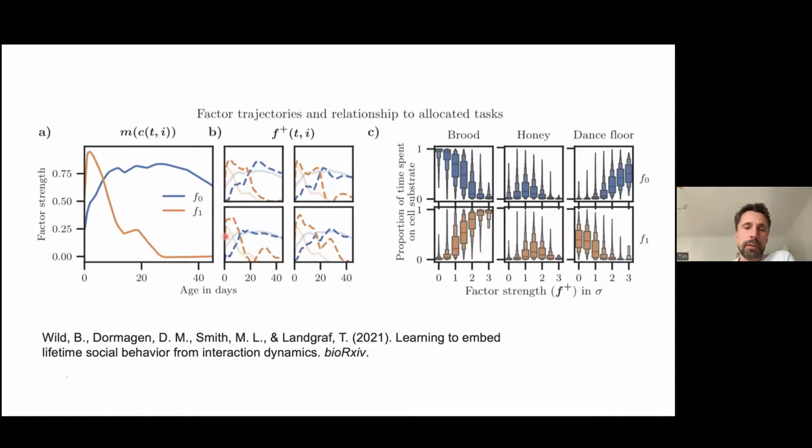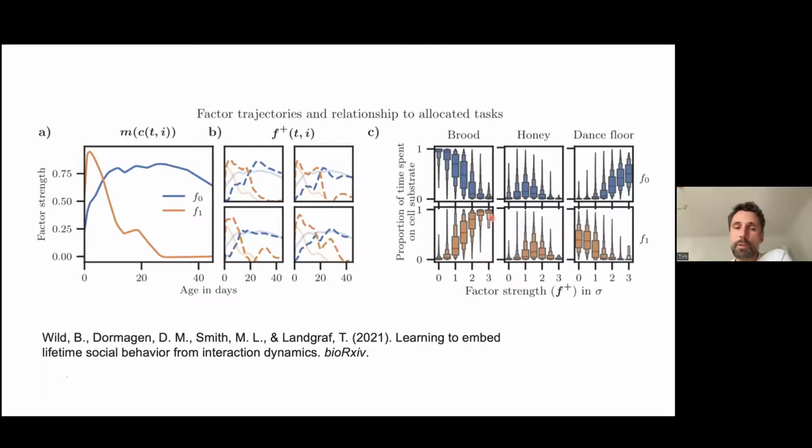Yeah, we can look at these individual lives through the eyes of these two factors, and they make sense. We measured it similarly to how we did that in the network age paper. So, for example, high values of the orange factor mean the probability of presence in the brood, or the proportion of time in the brood, is very high. Yeah? So that means these are young bees. Yeah?